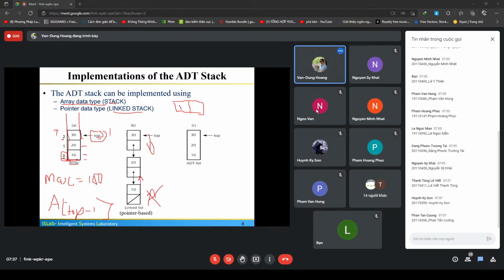So the first item, that means the next pointer of this item points to null. So we use the top pointer, like the head in the linked list. The head in a linked list, right? So it always points to the top